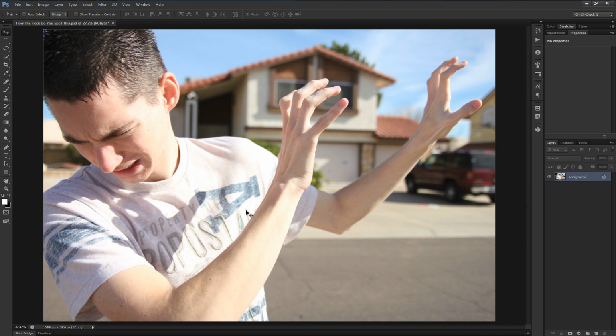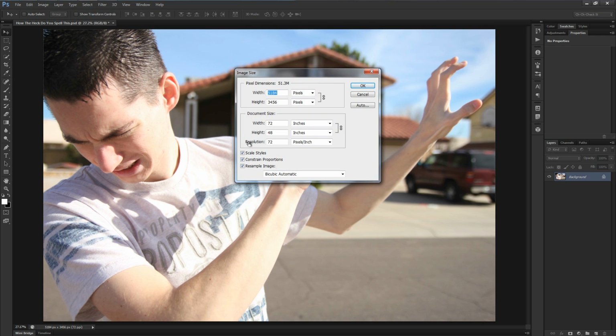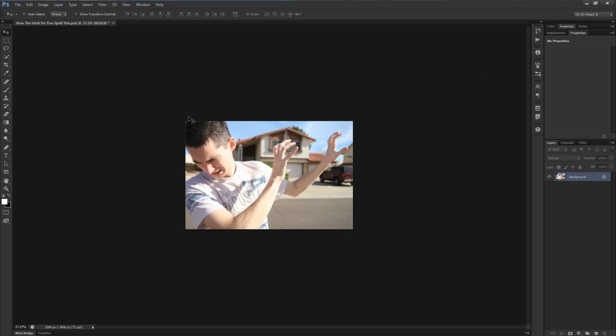So we need to scale down this image in order to compensate for the size of the brushes that we're going to be using later on. So to fix this, we're going to go to Image, and we'll go to Image Size. And we're going to change the width to 1920, and it should auto-scale the height to 1280 if you have the constrained proportions checkmarked right there. And with that, we'll hit OK, and you see how much smaller that makes it, and we'll hit Control-0 to